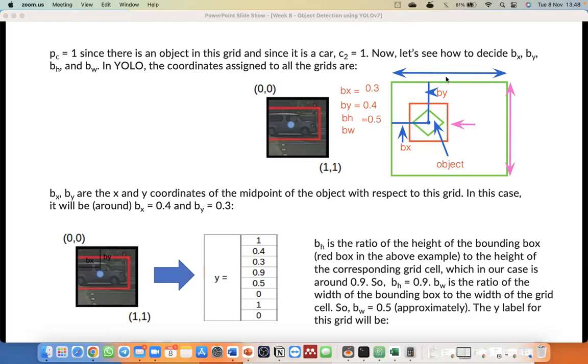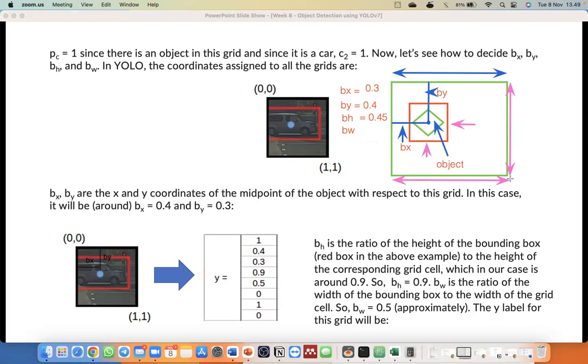Oh no, 0.5 ya. Terlalu tinggi gak ya? Atau 0.45 ya. 0.45, and the PW will be the ratio between the width of this object, of the bounding box, with the width of the grid, right?